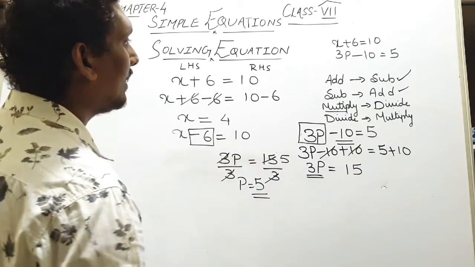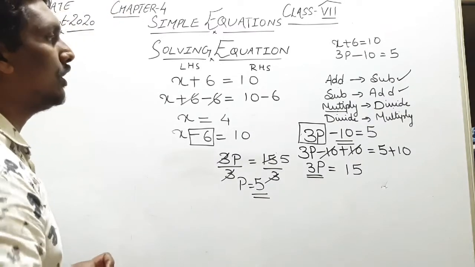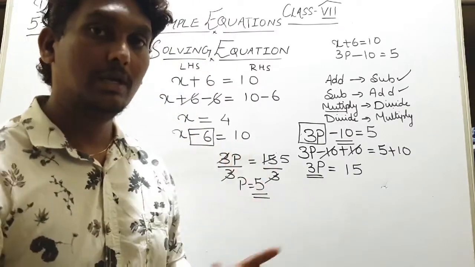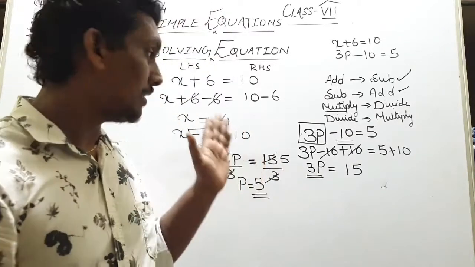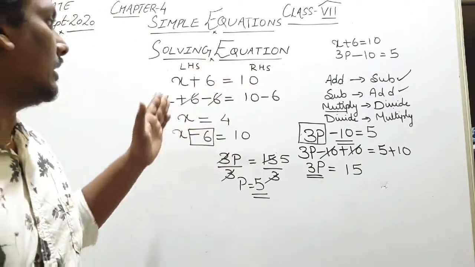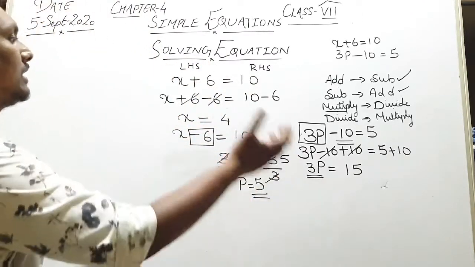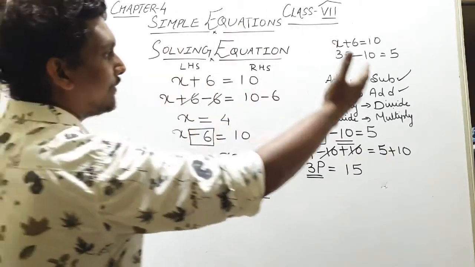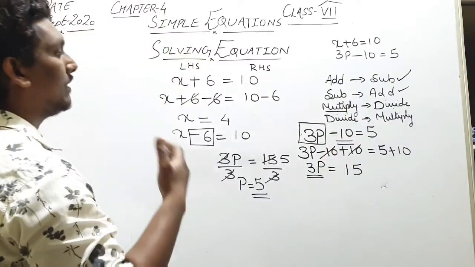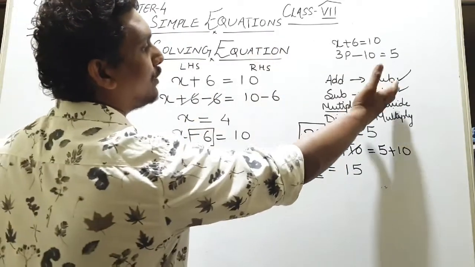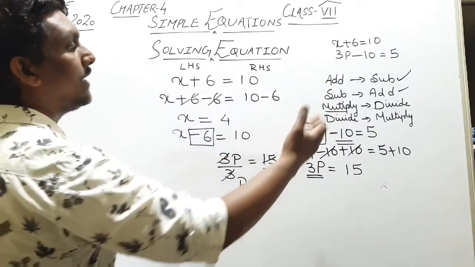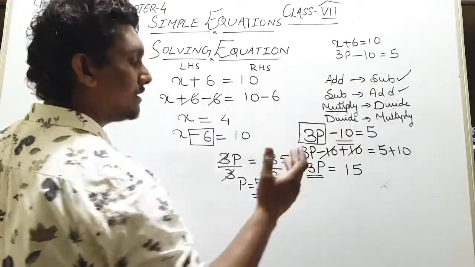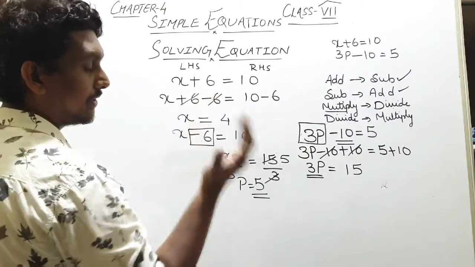Okay, so in this way we have to solve the equation. In total there are two methods for solving this type of equation. This was the first method I told you about, in which we see what extra is given to you. If it is a plus sign, then we use subtraction. If it is subtraction, then we use addition on both sides. If it is multiplication, then we do division on both sides, with the same number that is given here.